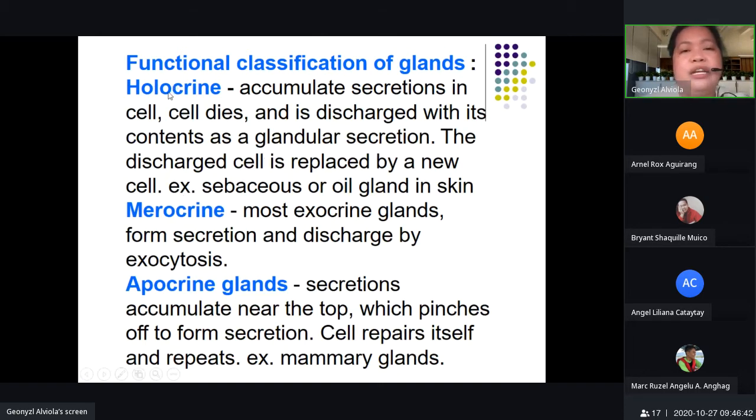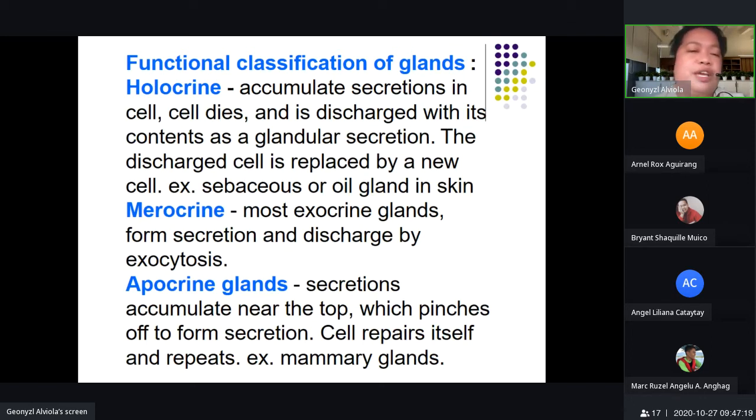Holocrine accumulates secretion in cells, then later on the cell dies. Then merocrine, most exocrine glands, secrete through exocytosis. Inside, the cell wraps its secretion, then it simply diffuses out from the membrane and the cell will not die. In apocrine glands, secretion accumulates near the top, which pinches off to form the secretion. So, apocrine,